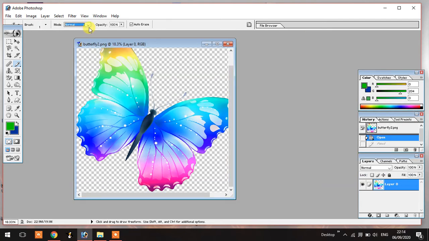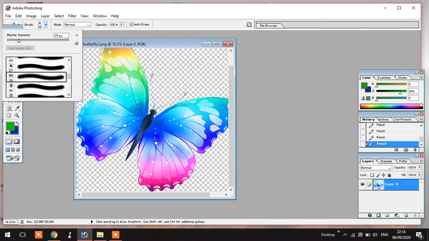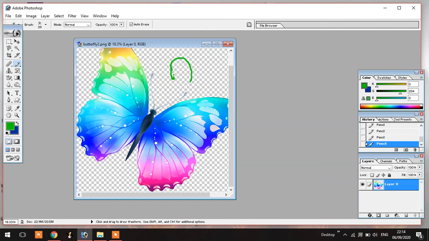You can select Normal or the brush, and you can increase or decrease the size. First of all, I am going to increase the size of the brush.